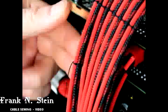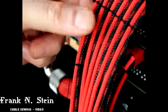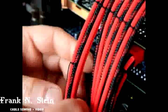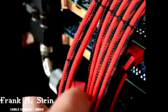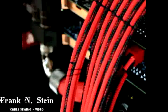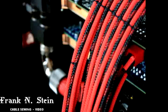These two cables are sewn together. And you just continue on this way by taking these, bringing both your threads through, keeping your top one on top, making sure your end is not going to fray on you,